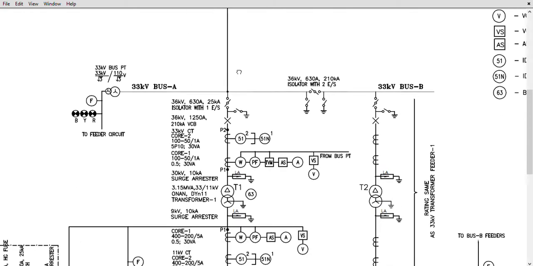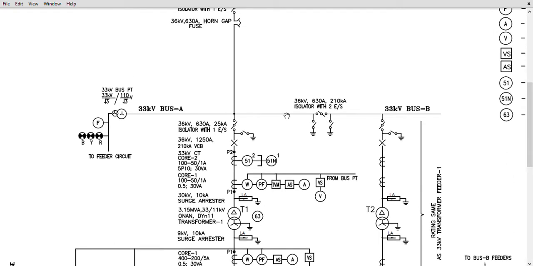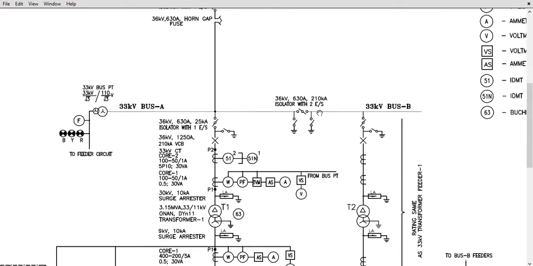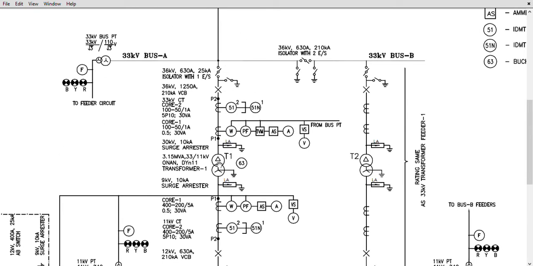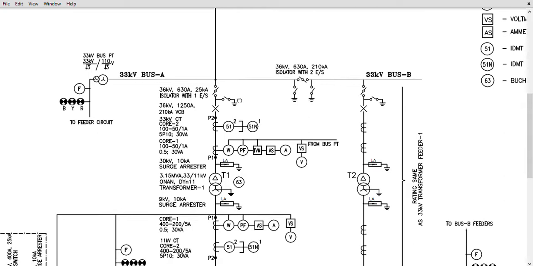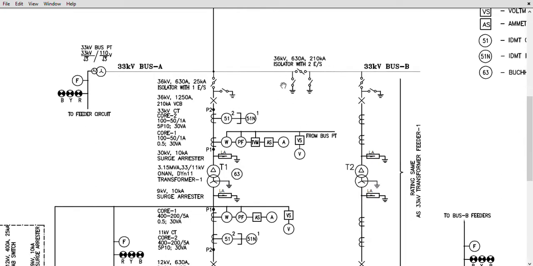Now let us move to the bus. Here this is a 33 kV bus with a sectionalizer, as I told you. So we have one bus with a sectionalizer, and hence we can divide this bus into two sections. As and when there is maintenance in this portion of the bus, we can always open this sectionalizer, and hence still we can feed some of the load. That way the sectionalizer helps.